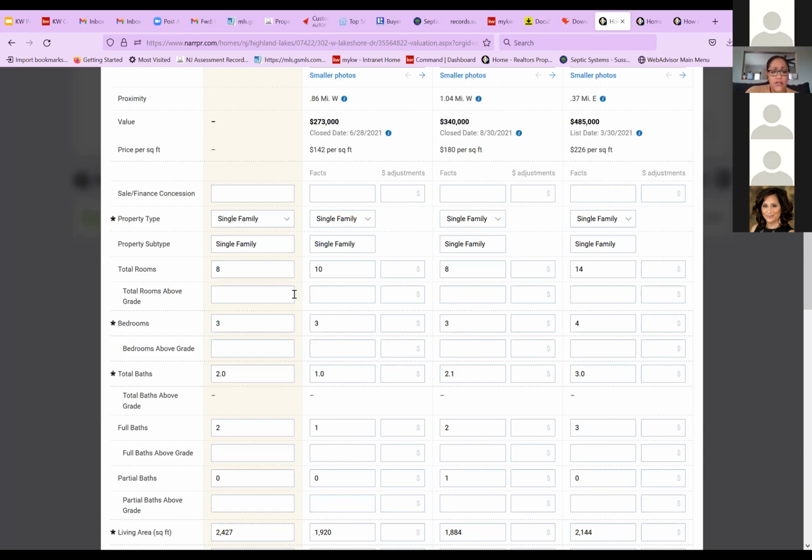All right. So line by line, this is where we would make an adjustment. I usually start here with baths. Our subject property has 2 baths. The